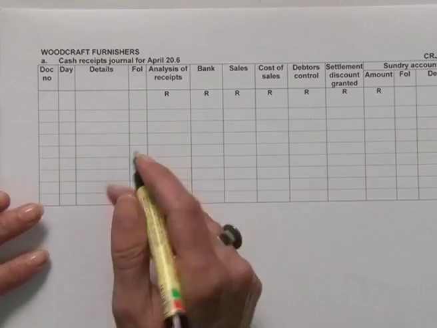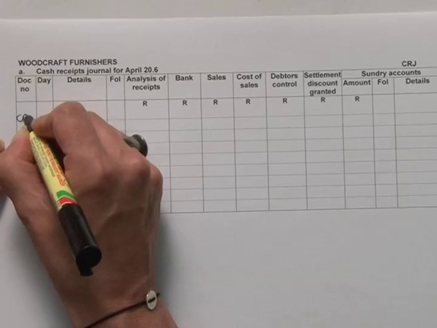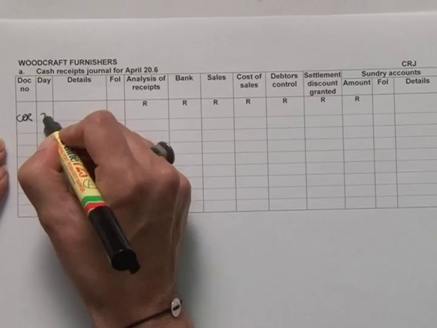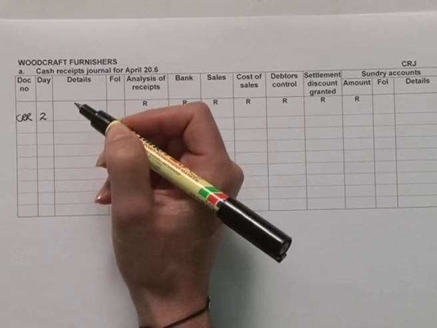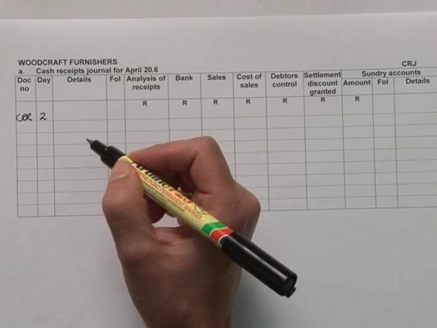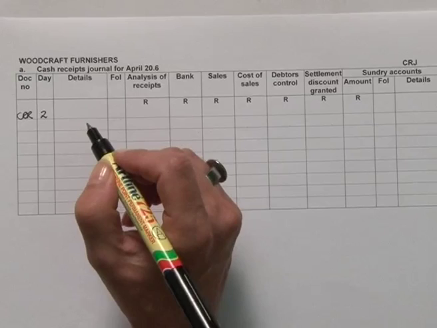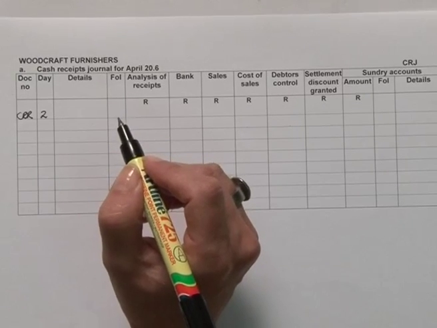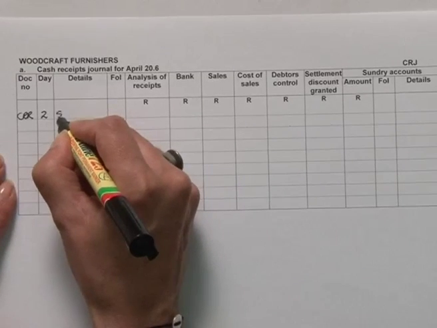In the cash receipts journal, we're going to have to put in our document number, cash register roll. The date for the transaction is the 2nd. For cash sales, we do not keep track of the names of the individuals to which we sold. If you buy something cash at Woolworths, they do not write down your name. Therefore, we just use a descriptive term for details, which will be sales